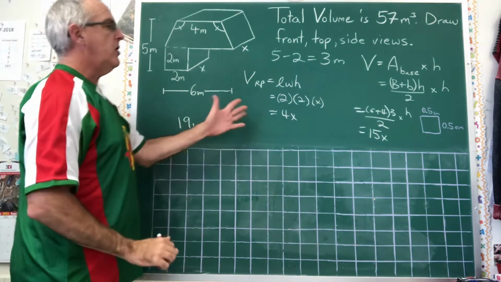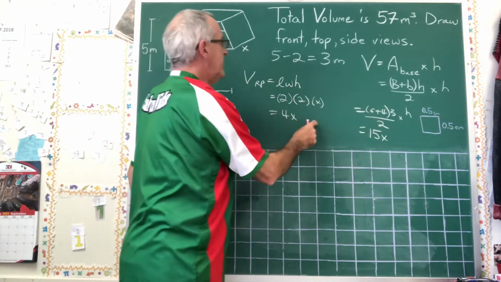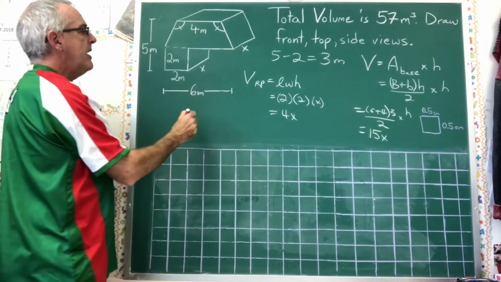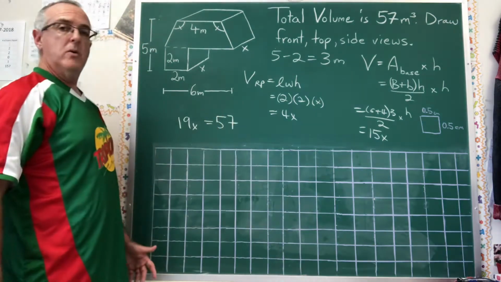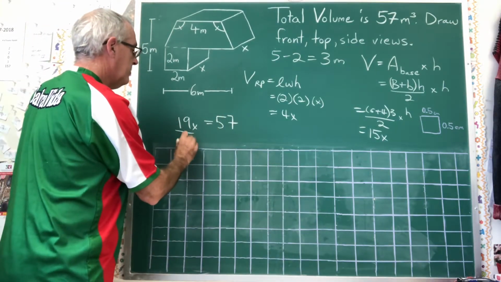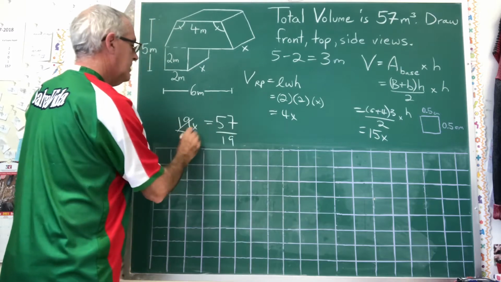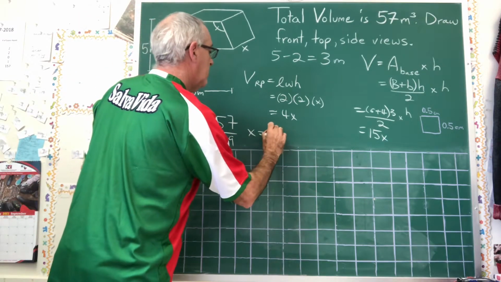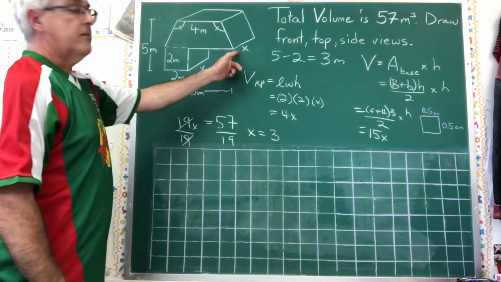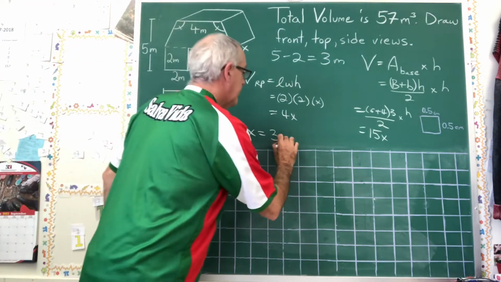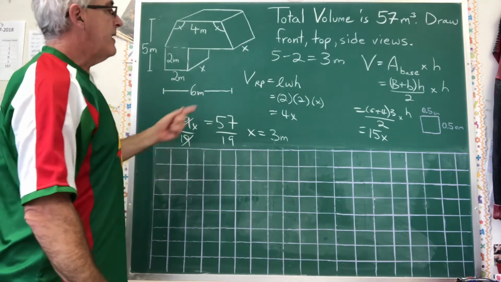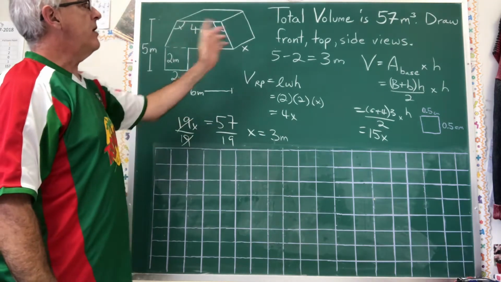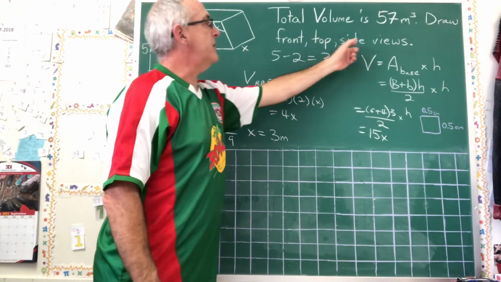19X is the total volume of these 2 shapes, and it has to be equal to 57. Oh, now all I have to do is divide by 19, cancel, x is equal to 3. It is 3 meters. And I proved that it's 3 meters, I didn't guess it. Now we have enough information to do all 3 of the views, the front, top, and side, and it's time